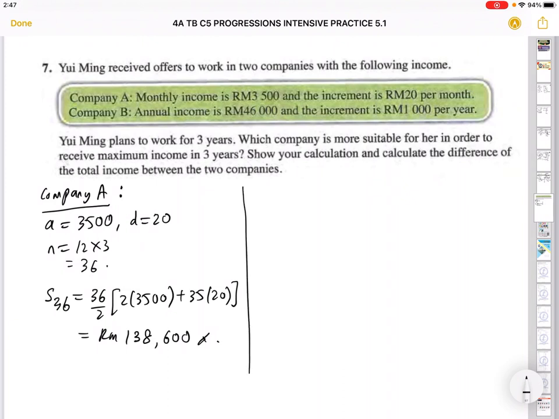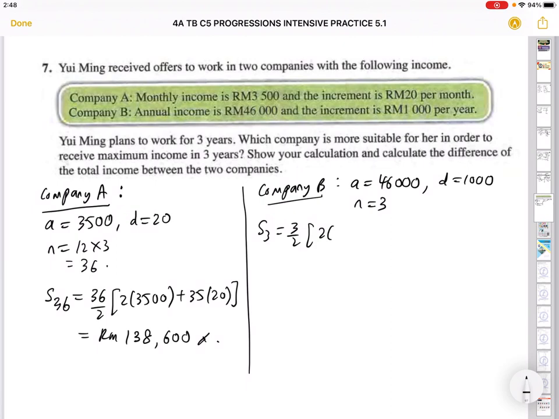Okay, let's look at company B. Okay, company B, my a is 46,000, the annual salary. Increment d is 1,000, but this time it's easier because your n is only 3. The salary is calculated annually, so it's for 3 years, so n equals 3. So let's do S3, n over 2, this should be 2a plus n minus 1 is 2, d is 1,000. Okay, now use your calculator and calculate this. This is RM